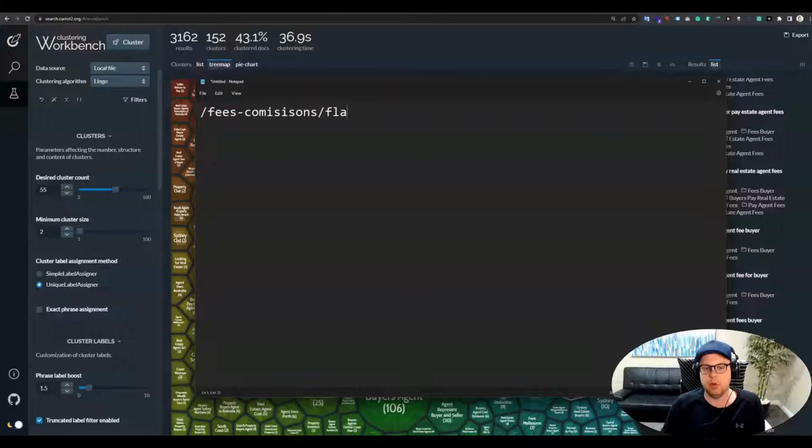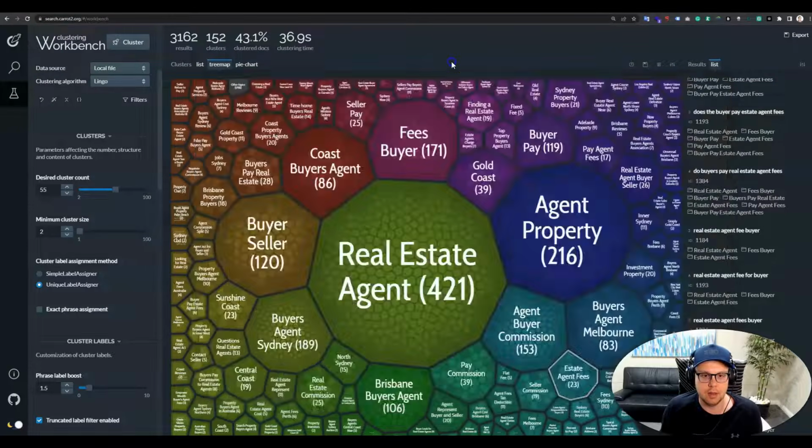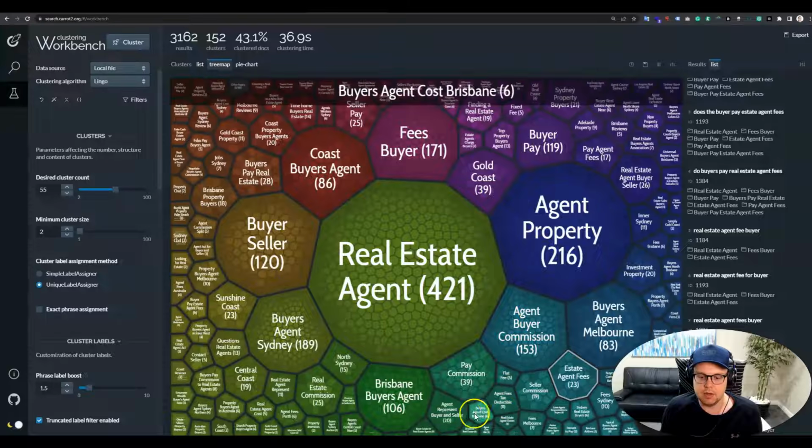And then maybe you want to have an article just about flat fees, because maybe there's enough search volume. Again, you could probably remove the fees from here because you have it in the front already. But maybe there's enough search volume around flat fees that you can have a completely separate article around that. And now you talk about buyer's agent flat fees benefits, for example, or why you should not go for a flat fee, whatever you feel is the right way there. That's up to you, but I think it's quite clear that this will build the topical authority by talking about all of the subjects that